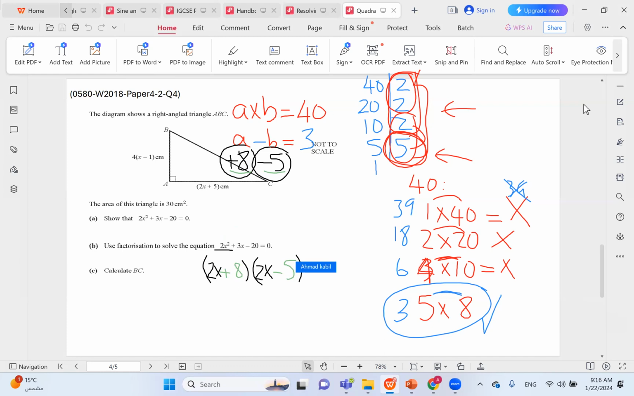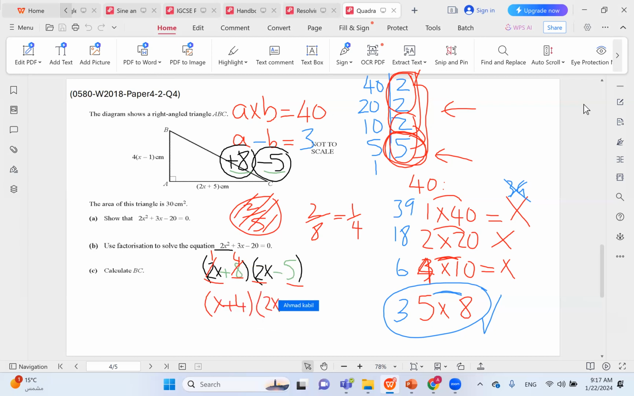And the final step is to simplify if possible. So for example, 2 and 5, just think of it like a fraction, 2 over 5. Can you simplify this? You really can't. So there's nothing to do here. But what about 2 and 8? If you have 2 over 8, this gives you 1 over 4. So you can simplify here, and this becomes 1x plus 4. So we have just x plus 4 times 2x minus 5